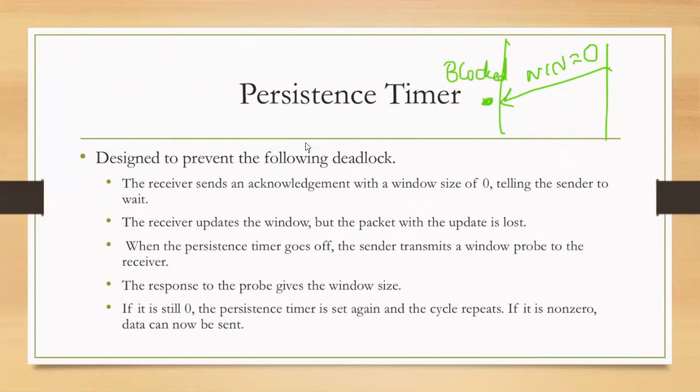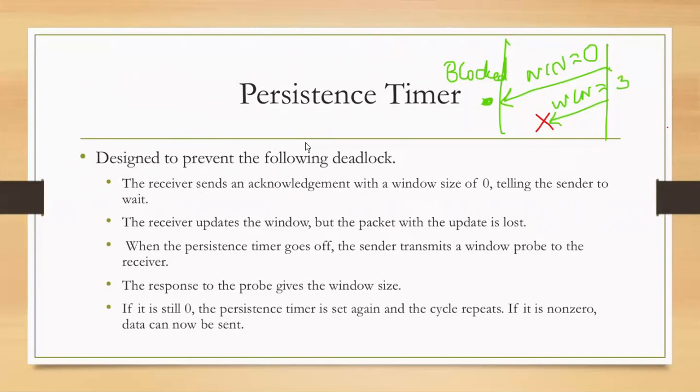So it is waiting. Now let's say that at this point of time, a window update is sent by the receiver again. Window is say 3, but then this gets lost. So the sender is waiting for a window update, and the receiver is waiting for the sender to send the data. It has already sent the update, but it has not reached the sender. So what happens? There is a deadlock. To avoid this kind of deadlock, this timer is used.